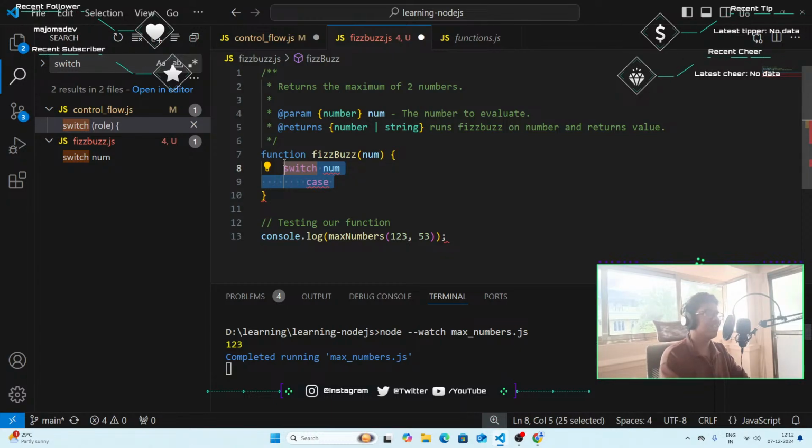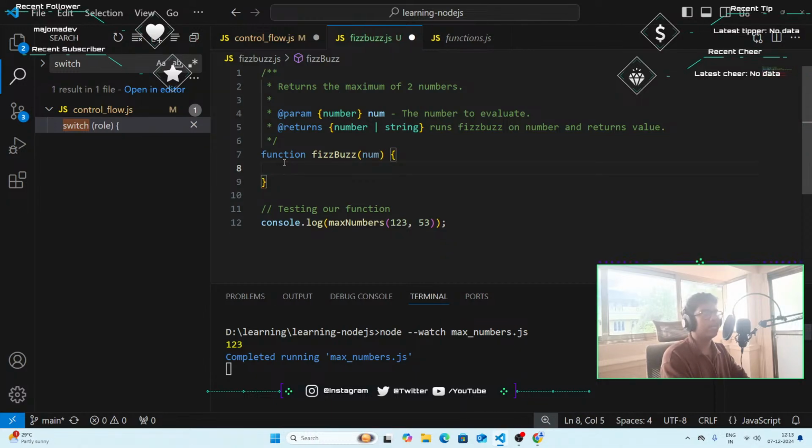No, I don't think we can use a ternary operator either, right? Or maybe... actually, can we use a ternary operator? How about we do... so if the... oops,